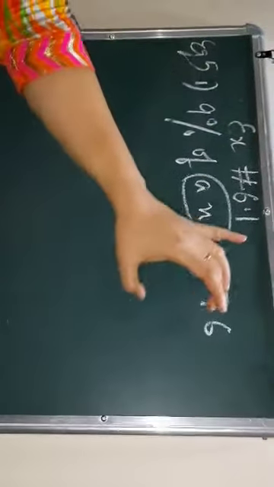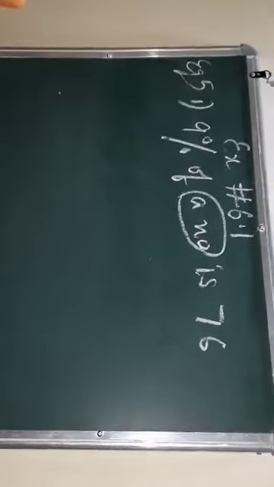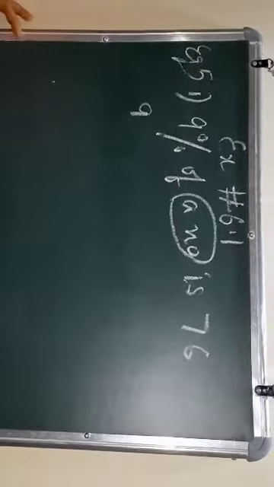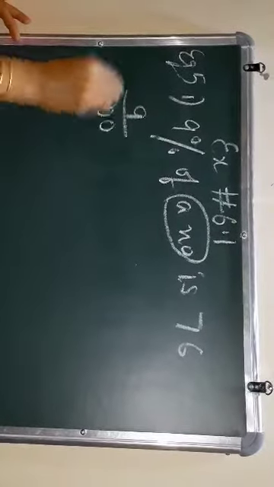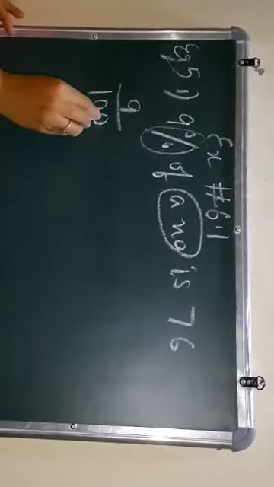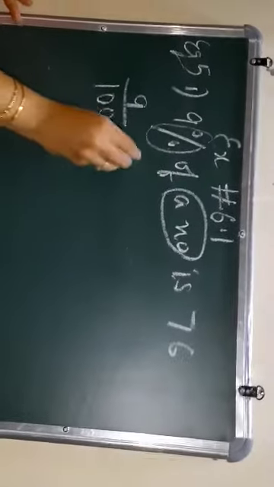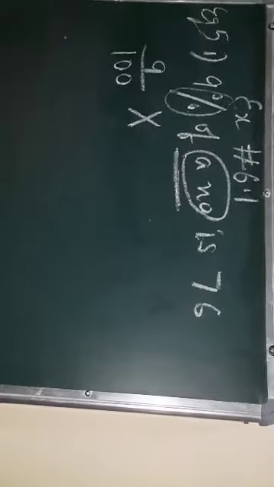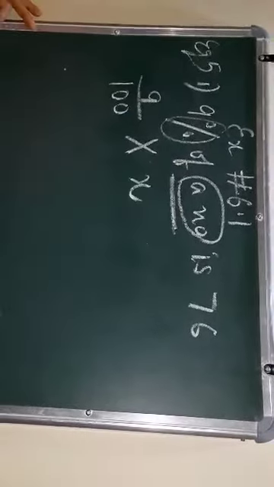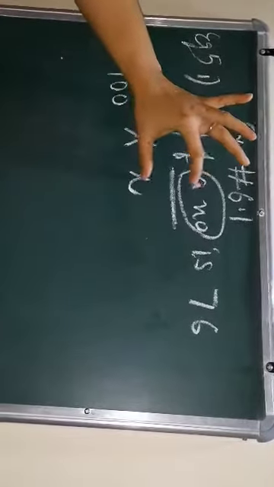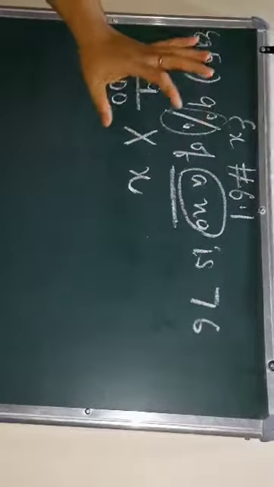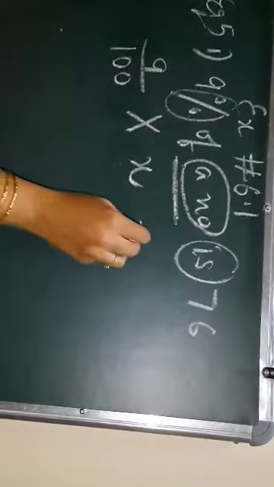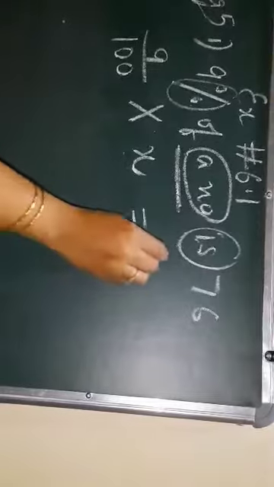Now whenever such type of statements are there, this is the statement in English. We have to convert it into mathematics now. How will you convert it into mathematics? 9%. Percent, I told you what is percent. Percent means upon 100. Of, what is of? Of in maths is multiplication. A number, you don't know this number, so we'll write it as x. Whenever we don't know something, we write it as x, y, z, any alphabet, any letter you can write. So we have just written it as x. And is in mathematics means equal to 76.